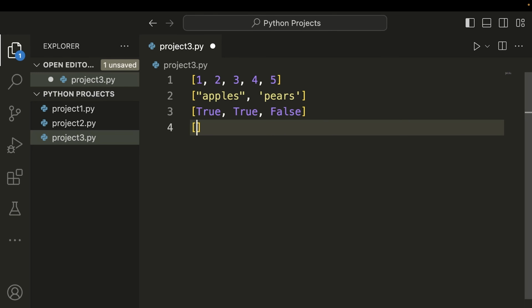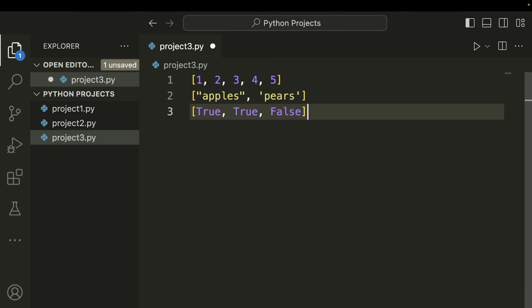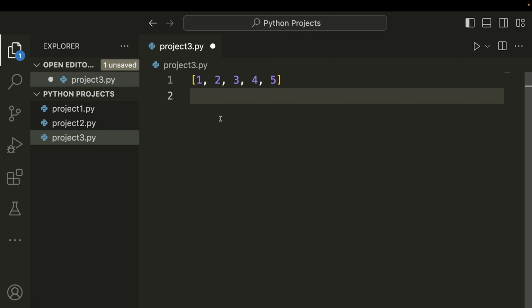We might have a list that has other lists inside of it. This is valid, although we're not going to look at that right now. Okay, so the point is that lists can store different types. They can store numbers, they can store strings, they can store really anything that you want, and they're stored in a particular order. Now lists are really useful when we want to know the order in which elements exist,